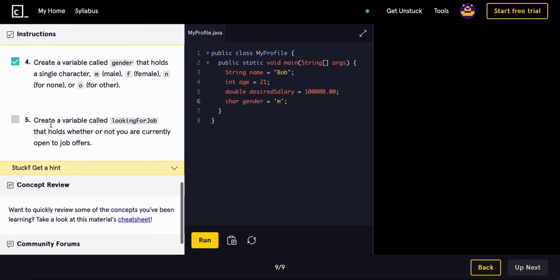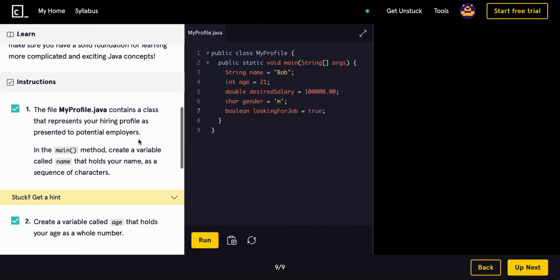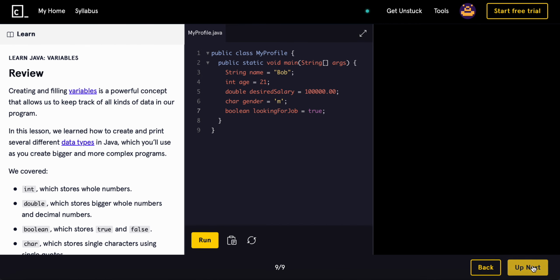Now, create a variable called looking for job that holds whether you're currently open to job offers. So we'll say boolean looking for job equals true, and let's run it. Perfect. All right,